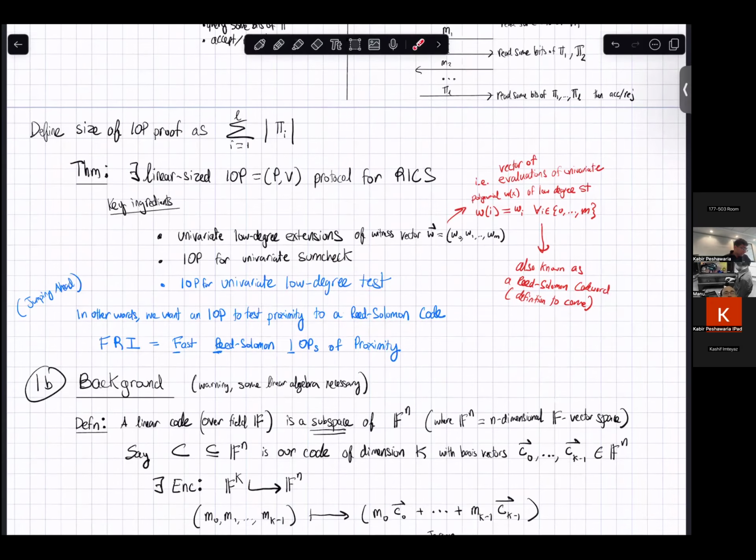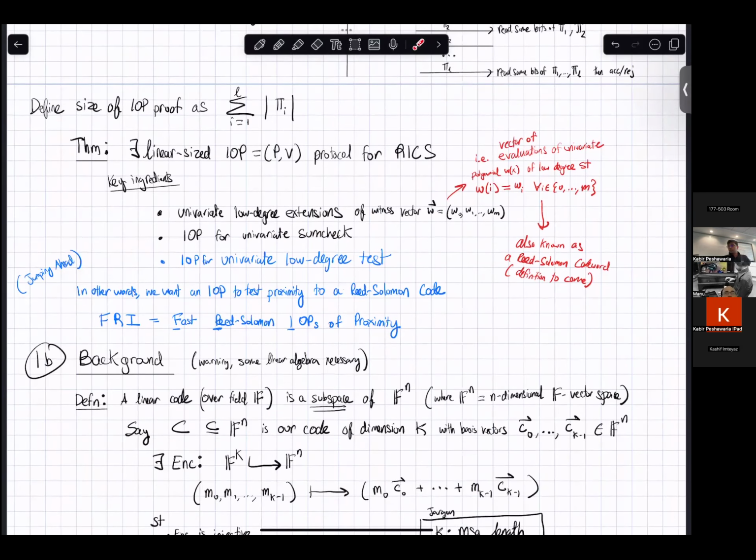Cool. So with that said, that's the motivation section done and dusted. Was it R1CS? Are you going to define it? I missed the last one. No, I'm not going to define it. It's not super important to the talk. The only thing I wanted to say about it is that it's some NP-complete language.